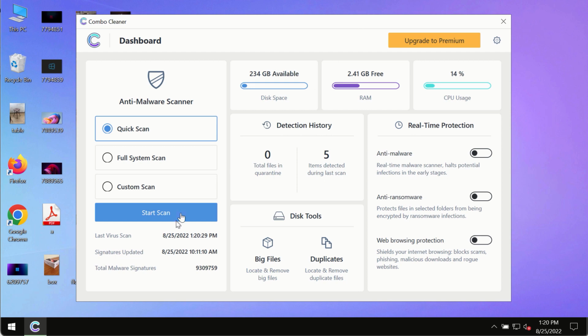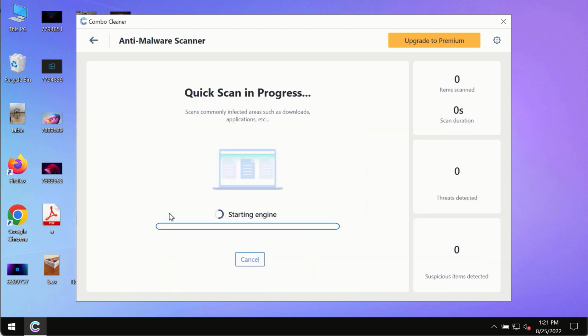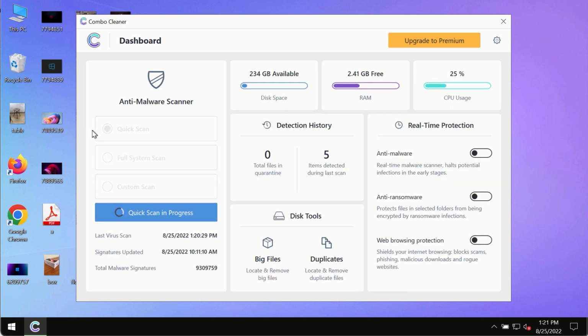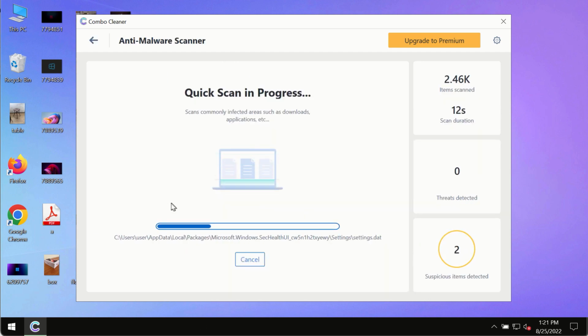After you have successfully downloaded and installed Combo Cleaner Antivirus, make sure you click on Start Scan button. Initially, the program is in the trial mode, so only the quick scan option is so far available in the trial mode. The program most likely will first of all update its anti-malware database, and of course this is crucial